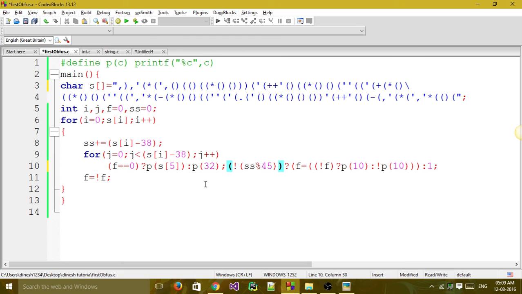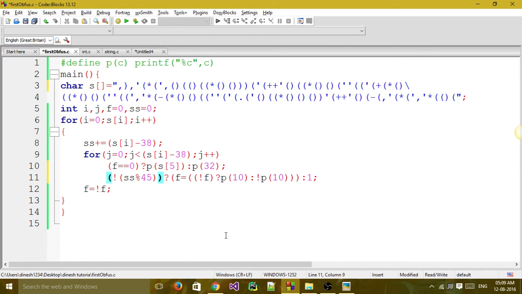This is one statement. And next, this statement also belongs to the ith loop itself, I forgot to mention. And in the ith loop, every time the sum is divisible by 45, the number of columns in the multidimensional array, then we make the flag 0 by writing this statement.